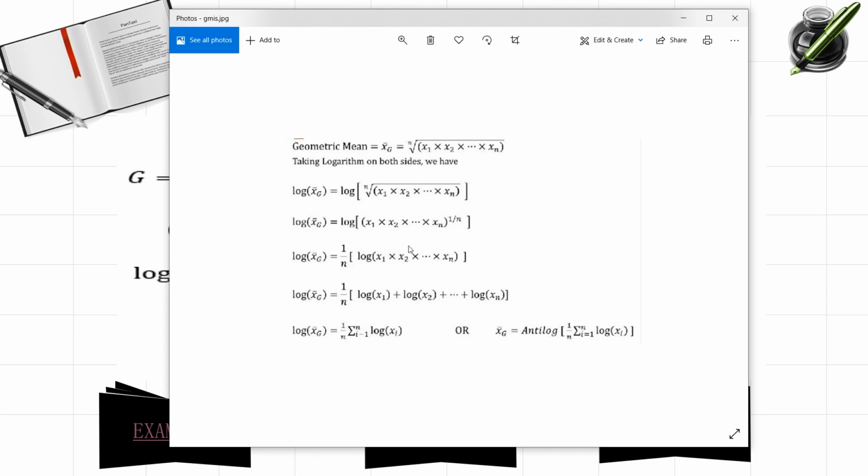And one more formula is log ab can be written as log a plus log b. By using the same similar formula, here we can convert the log of this product of the observations into a sum of the logarithms of the observations, that is log x1 plus log x2 plus and so on plus log xn. And here we need only the geometric mean, so let us send this log also to the other side, which converts to anti-logarithm. So this is how we got the logarithm formula, and this is very helpful to make the calculations easier.